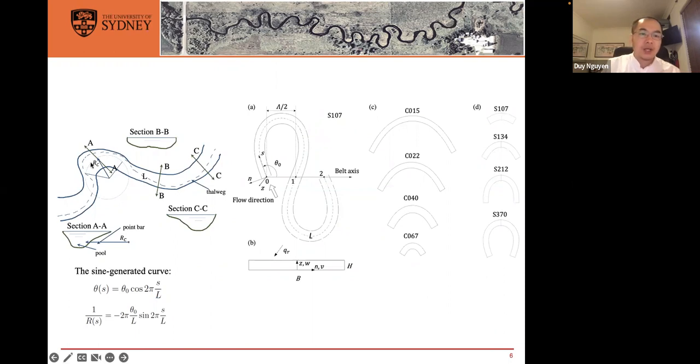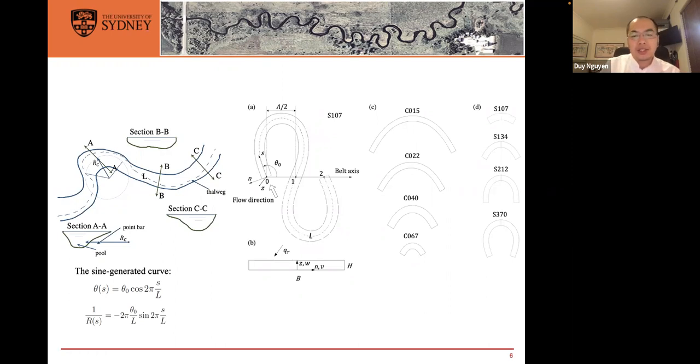So to do that, here is a section of the real river, where you have the uneven bed and the meandering river. To model that, we use a sine-generated curve function, as you see in the equation here, and that will lead us to a meandering curve as you can see in this photo. To idealize or simplify it, we also make the cross section rectangular. And then when we have this,